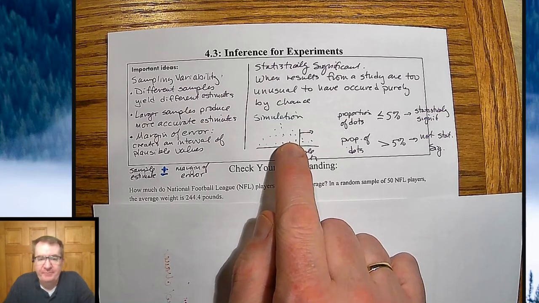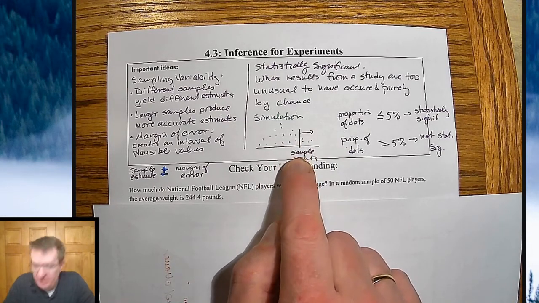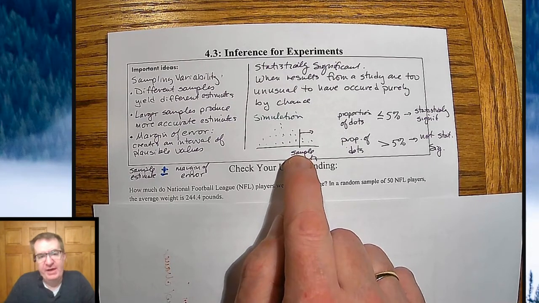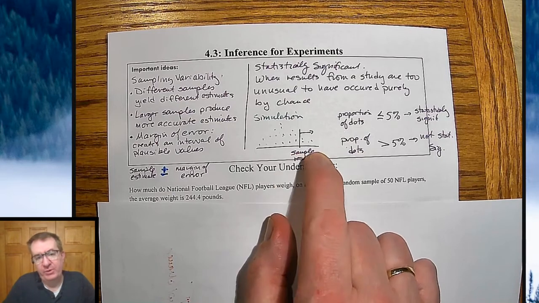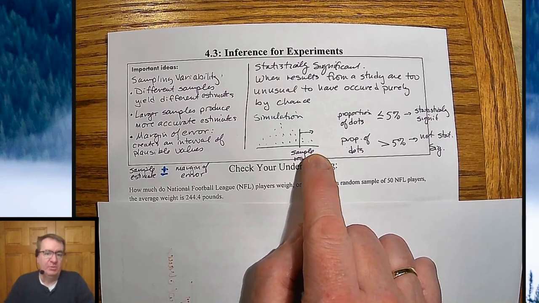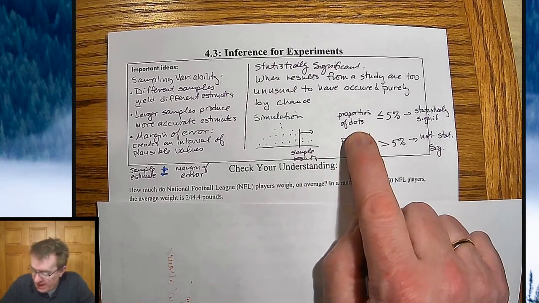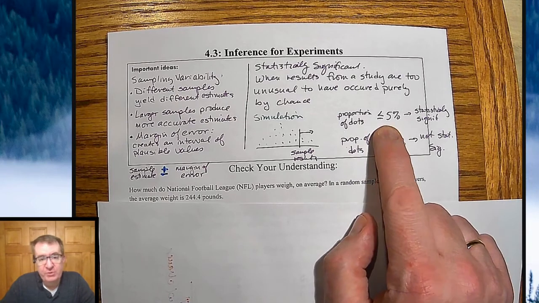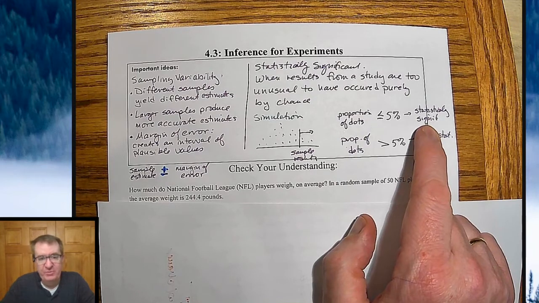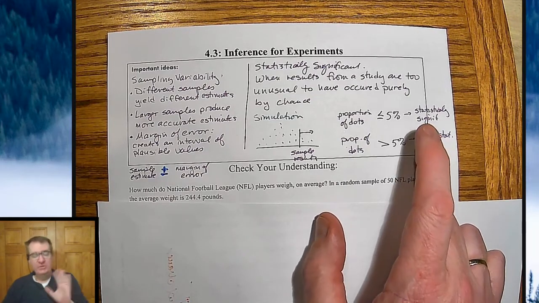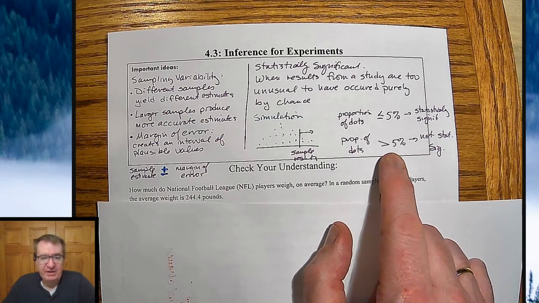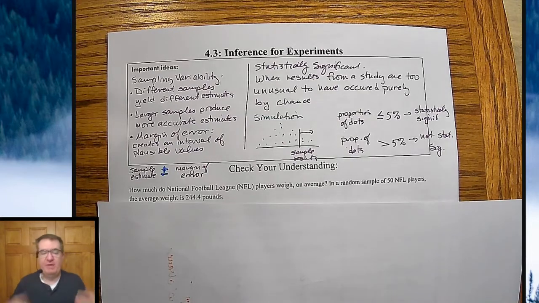So you've got some sort of simulation here. You can see the dot plot. This line here is what your sample was. What we're trying to do is say, okay, what percentage of the values are at that sample size or bigger? That's the percentage of the times that we could expect to see what we were seeing. So the proportion of dots, if it's less than or equal to 5%, we're going to call that statistically significant. We need to look at this closer, there's something probably going on. If it's bigger than 5%, it could have just happened by chance.